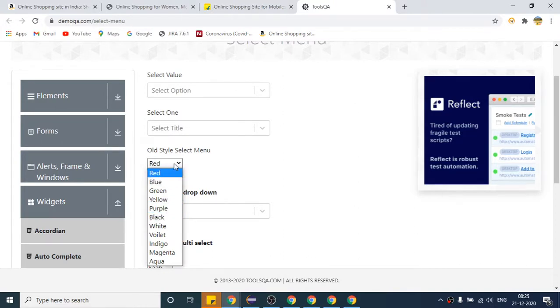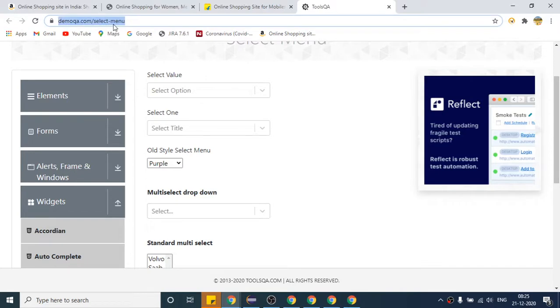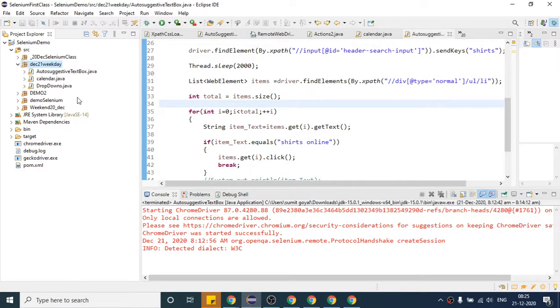So this is not an auto suggestive text box. So when you click this, basically you can say it is a type of drop down, and if I click this, it will be selected. So with the help of Selenium, how can you achieve this? I am doing it manually, but if you want to achieve the same with Selenium, so this is the